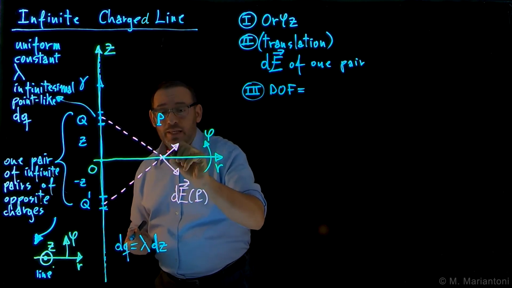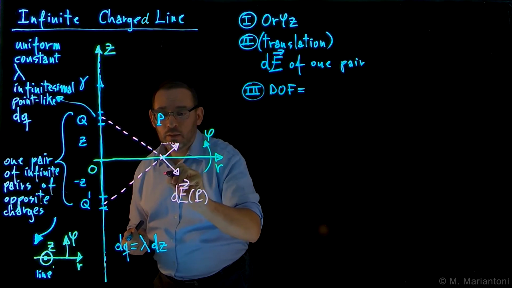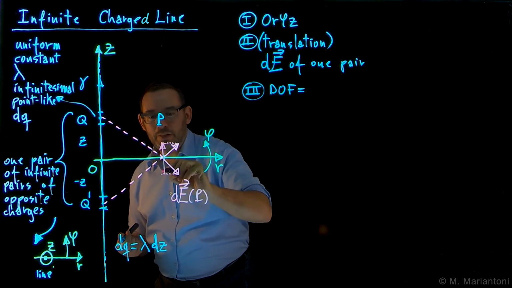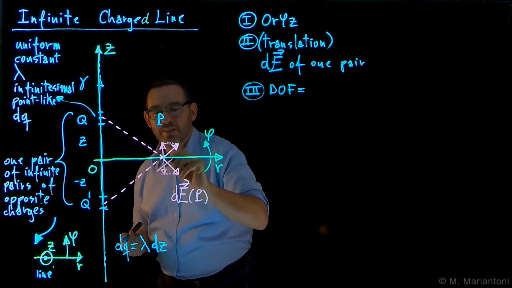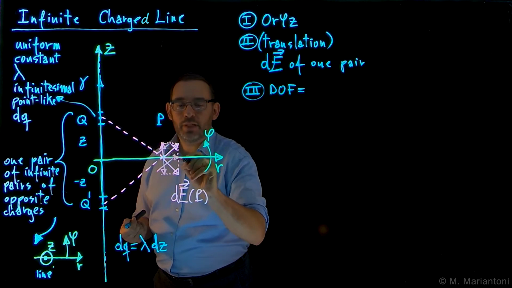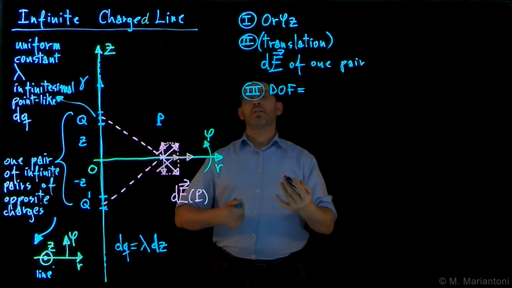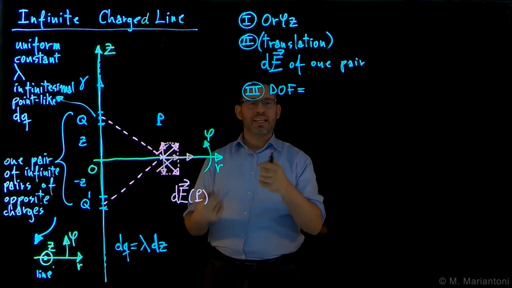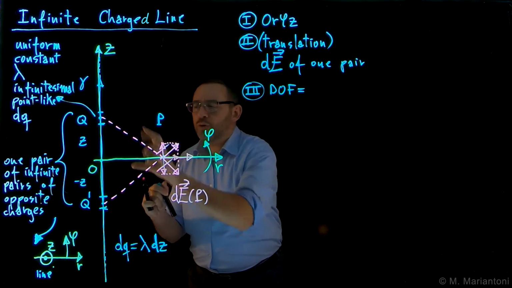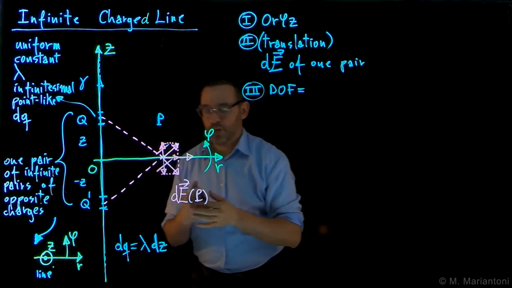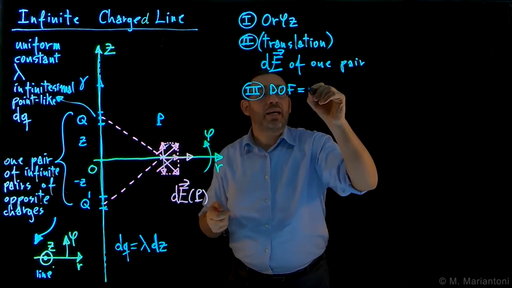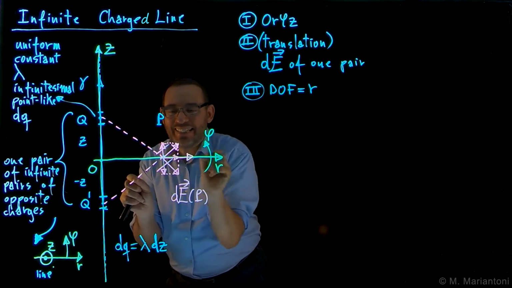And so we note right away that the z components of these dE fields are opposite of each other for each pair, so they cancel out, whereas the R components sum up, as we have done similarly for the case of a circle. In that case, we had a circular symmetry, and so here we have an infinite straight line, which, because of these infinite pairs, results in this summation here, okay? So the only degree of freedom has to be along the r-axis,